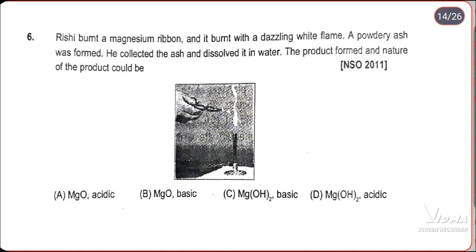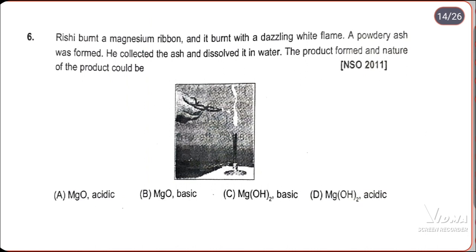Rishi burnt a magnesium ribbon and it burnt with a dazzling white flame. A powdery ash was formed. He collected the ash and dissolved it in water. The product formed and the nature of the product could be MgO acidic, MgO basic, Mg(OH)2 basic, or Mg(OH)2 acidic. So firstly,